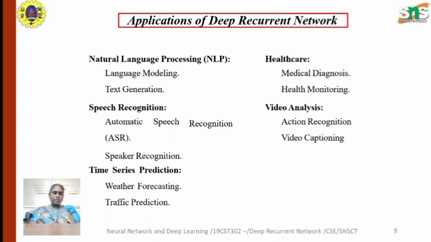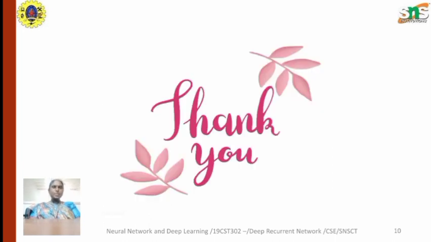for complex sequential data. So hence I conclude by saying that deep recurrent networks represent a sophisticated approach to modeling